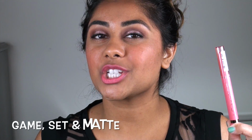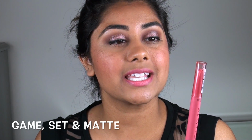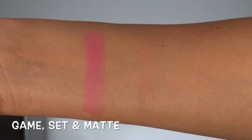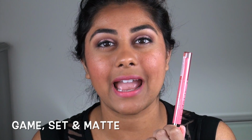Now I'm gonna go ahead and jump into individual lip swatches on the 5 shades of lait mattes that L'Oreal released in their collection. So the first lait matte shade we have is called Game Set Matte. And this is supposedly a beautiful, bright, light, baby pink color, and on the lips I have to say